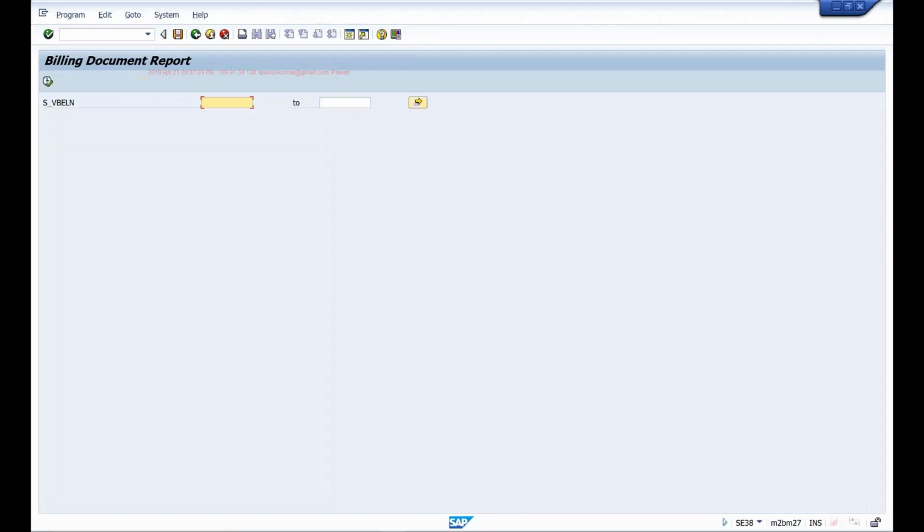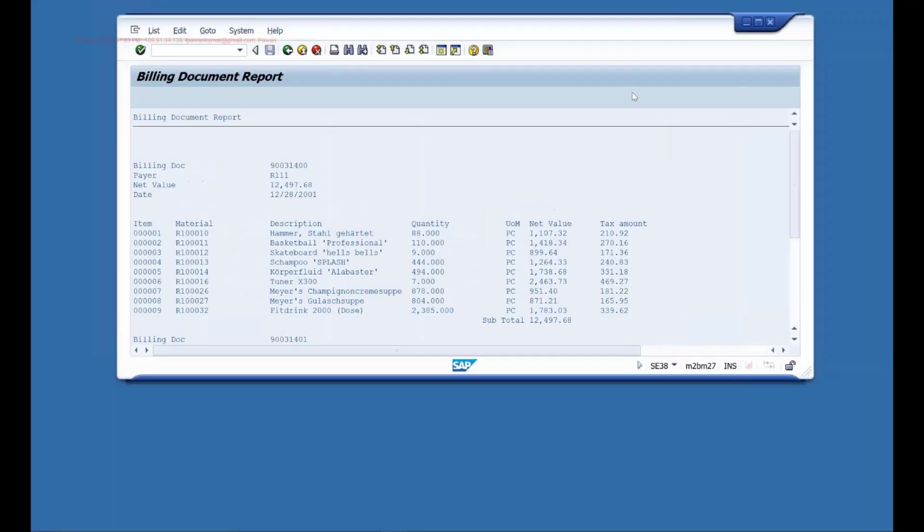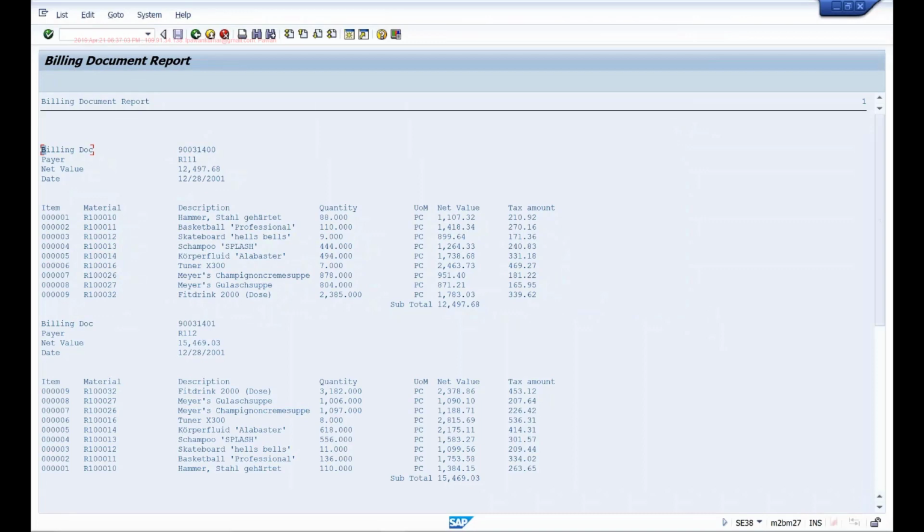And by now you should be comfortable with all of the stuff we discussed so far in this training. This is the output we were getting. So we are getting the billing document header and its item details, then the next document header and its item details. Don't worry about the formatting or anything, because when we actually create programs, we won't be using these write statements to generate the output. There are better ways to do it. But for now we are using the write statement.